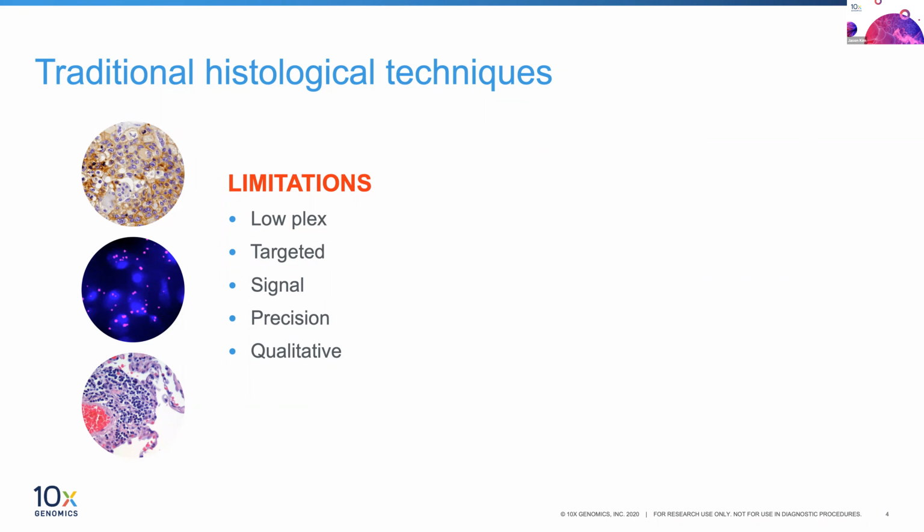But all of them have some limitations, right? There's always that talk about pros and cons, strengths and weaknesses to everything. And again, if you know what you're looking for, and the number of things you're looking for is going to be, in general, limited in number, at least per processing event, you're looking at low plexity, and something that's targeted, right? Again, you have to know what you're looking for. But again, you're going to have some trade-offs. There are some trade-offs with signal to noise, precision, and the fact that a lot of this information is mostly qualitative